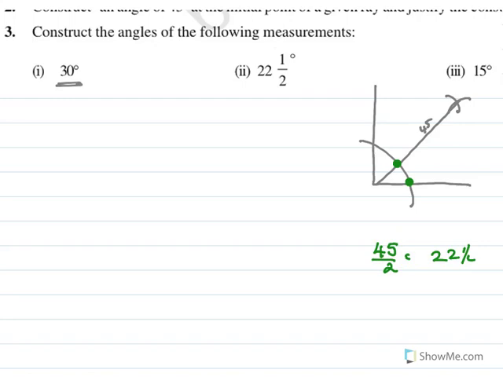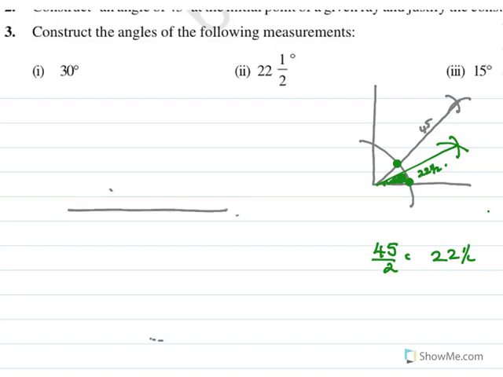So I will keep my compass at the green points. I will draw two arcs. This arc that I get will be 22 and a half, half of 45. So we now will draw 22 and a half, not 30. So first you will draw a ray. This is point A. With A as center,